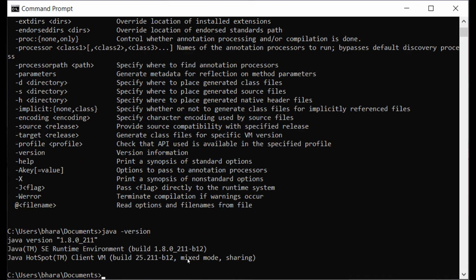Click on This PC, right click, properties, advanced system settings, environment variables. In that we will create a new path in system variables. Variable name as path, and for the variable value we paste whatever we copied. So this is the process.